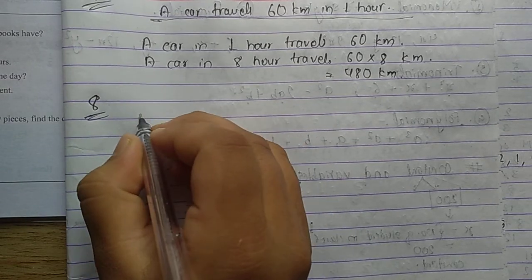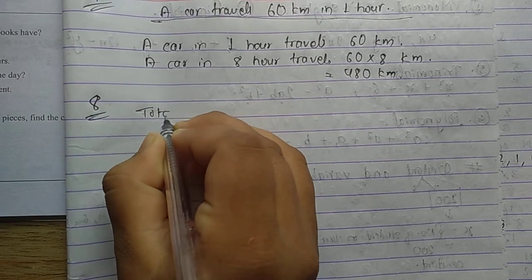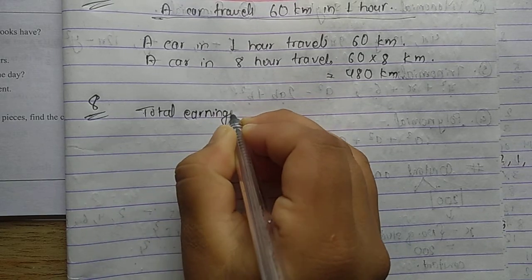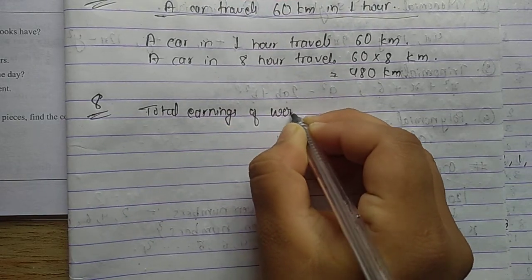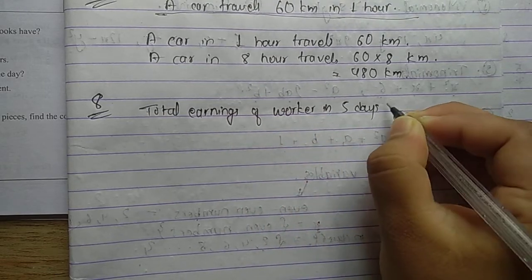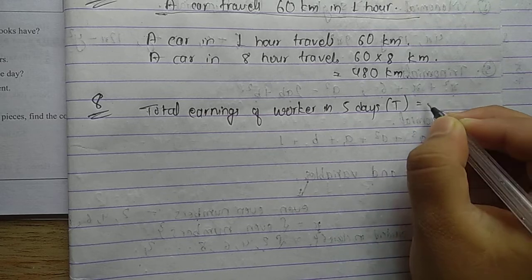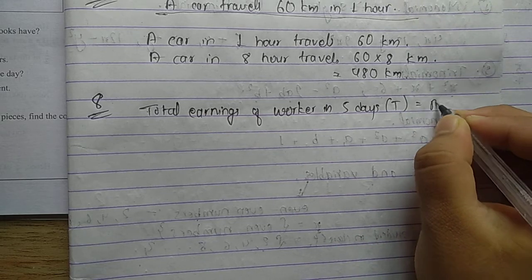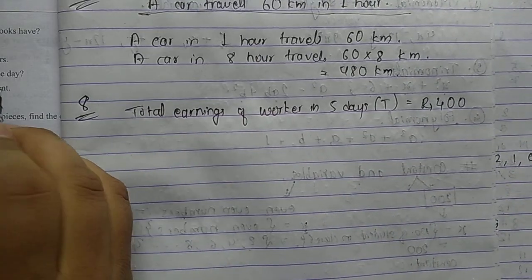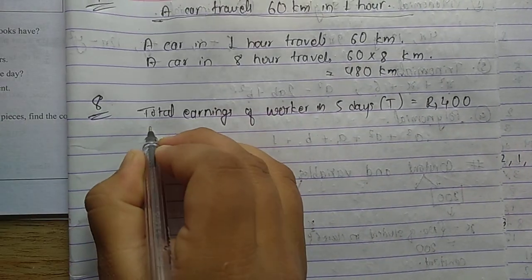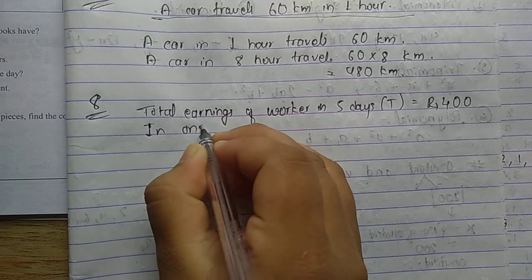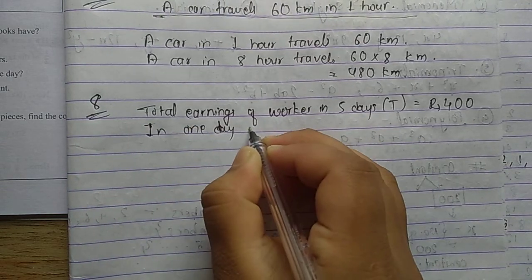Here the total earnings of the worker in 5 days, let's consider it T, is rupees 400, and how much he will earn in 1 day? In one day he earns